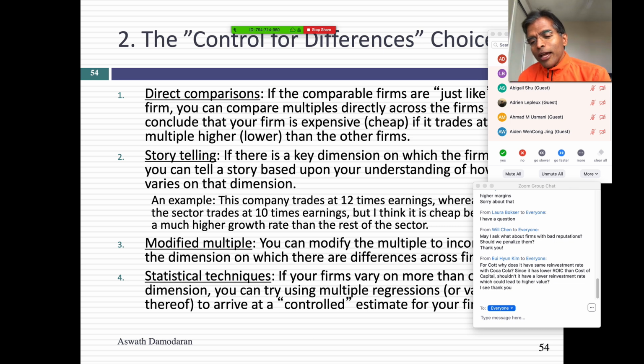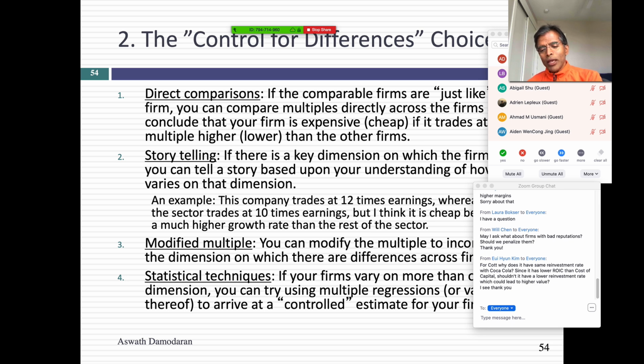Laura, what do you want to scale the enterprise value of Uber and Lyft to? Because earnings clearly don't work. They're both losing money. You could do it to revenues, right? Could you do it to riders? Because they both report riders. I guess so. You could do it to drivers, right? In a sense, you could do it to cities. What I'm saying is that the possibilities are kind of endless. You're saying, which one should I pick? And I think it depends on what you think best captures their potential for value.